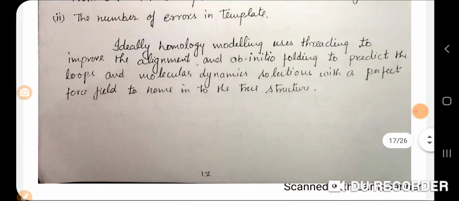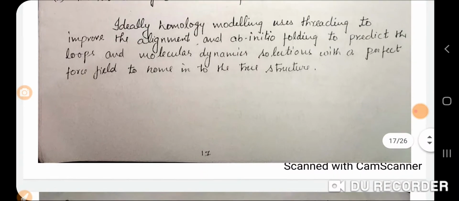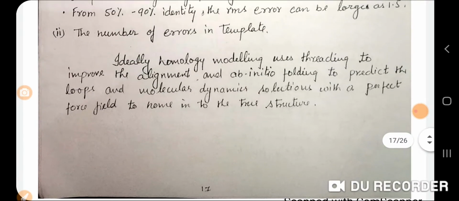Ideally, homology modeling uses threading to improve the alignment and ab initio folding to predict the loops, and molecular dynamics simulation with a perfect force field to home in on the true structure. Okay, so this is the complete process of homology modeling.